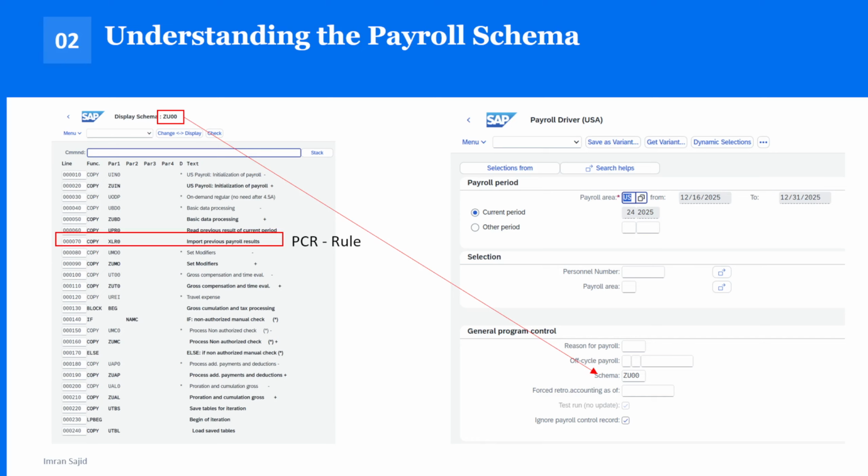And so every single SAP payroll project, what they do is they start with an SAP version of a schema, and then they copy it to the namespace of the client. And so what this means is that everyone will have their own version of